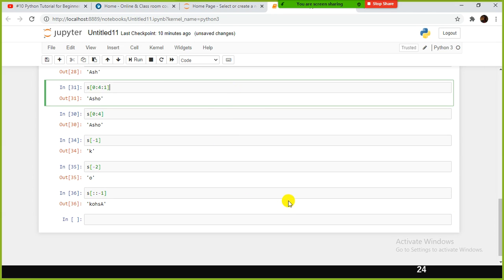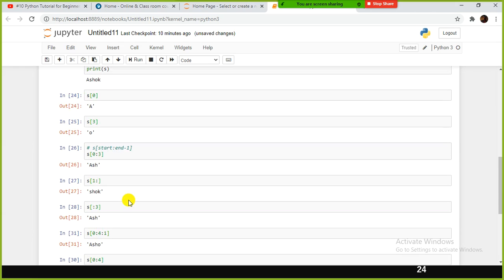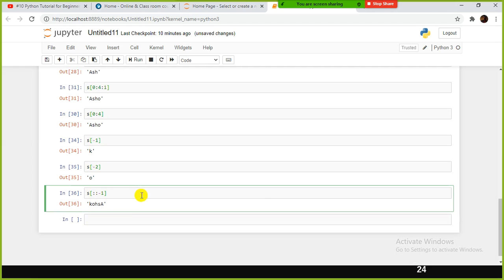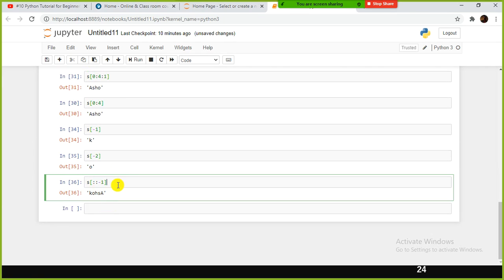In an interview or online test, they might ask these kinds of questions: how to reverse a string. You don't have to use a for loop or something like that. Simply you can specify like this, starting from the beginning till the end, and you need to print it from the reverse side. So ASHOK. To reverse the string, you can use it.